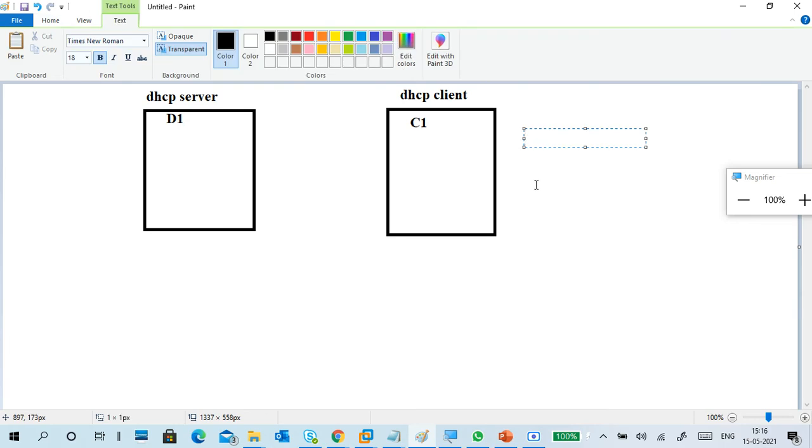Now the client doesn't have any IP address, so the source IP address becomes like this. We don't know which one is the destination, so the destination IP address is